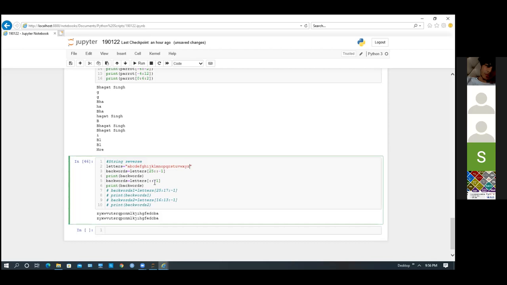But these 2 colons are mandatory. You have to give it. Because this position is the start, this is the end, and it will take a step of -1. So if we are giving something blank, then it will take the full case. Okay. Okay, sir.